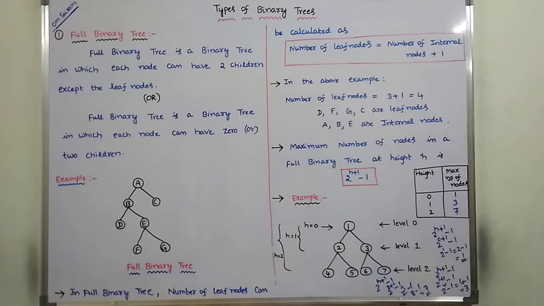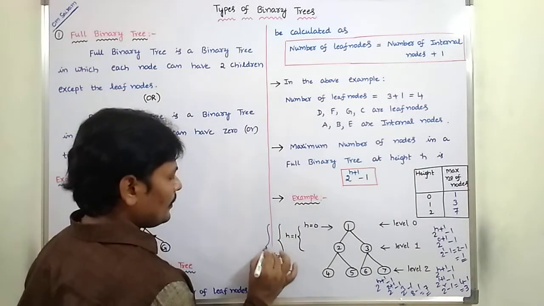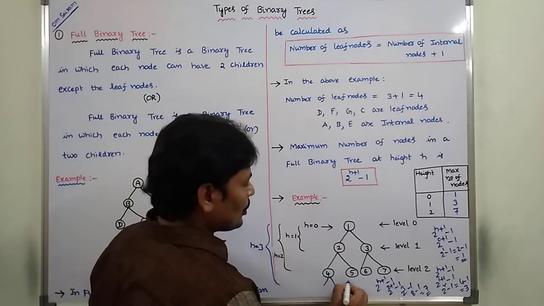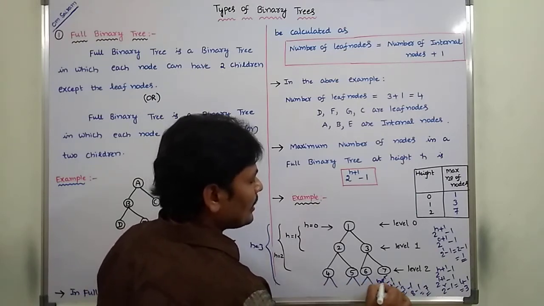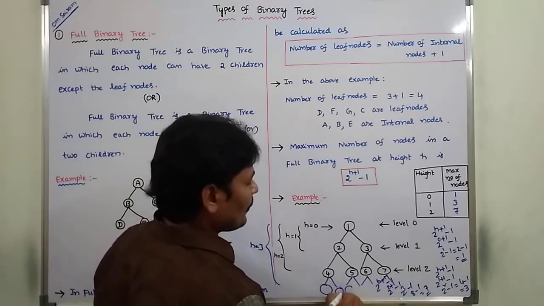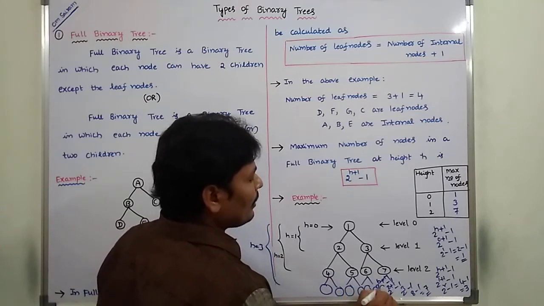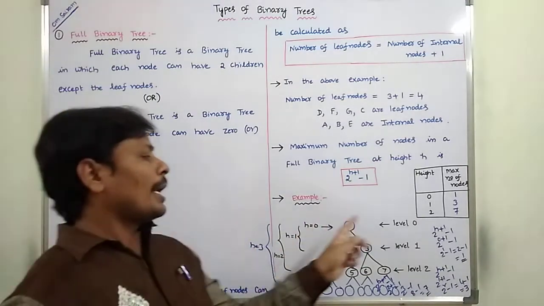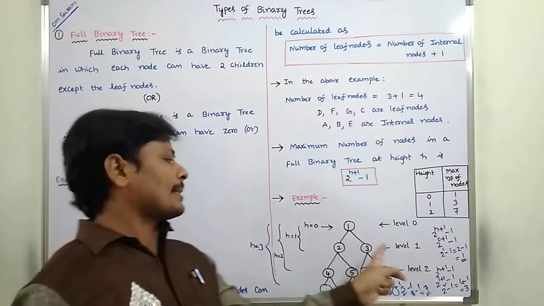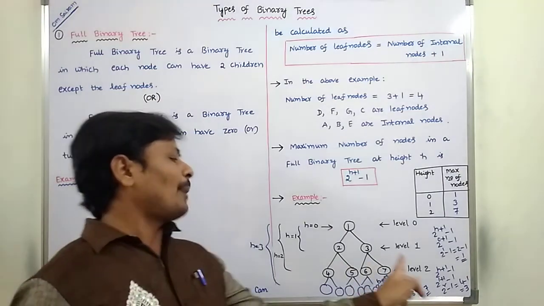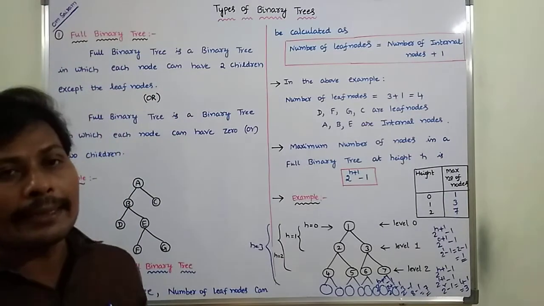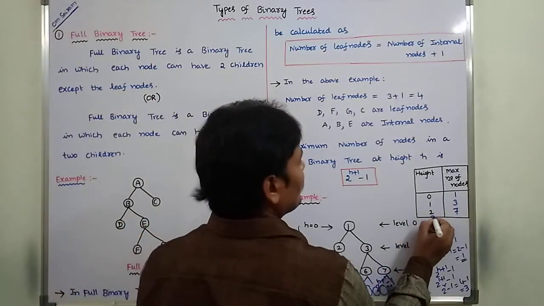For example, one more level is there. H is equal to 3 also. Suppose h is equal to 3. So that means, so these have 2 child, these have 2 child, these have 2 child. Okay. How many number of nodes are there? Now h is equal to 3 means number of nodes in level 0, plus number of nodes in level 1 plus number of nodes in level 2 plus number of nodes in level 3. So h is equal to 3.